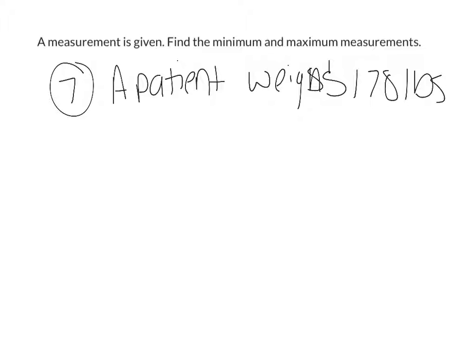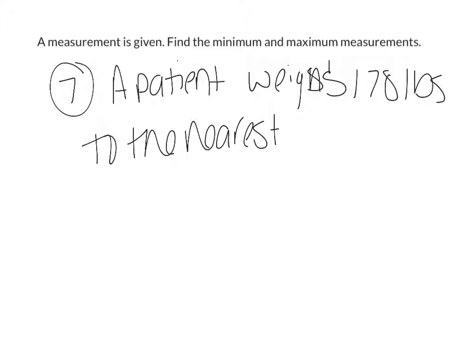And I want to find the minimum and maximum measurements to the nearest quarter pound. Now what this means is, let's say, okay, so I'm a doctor and this patient is supposed to